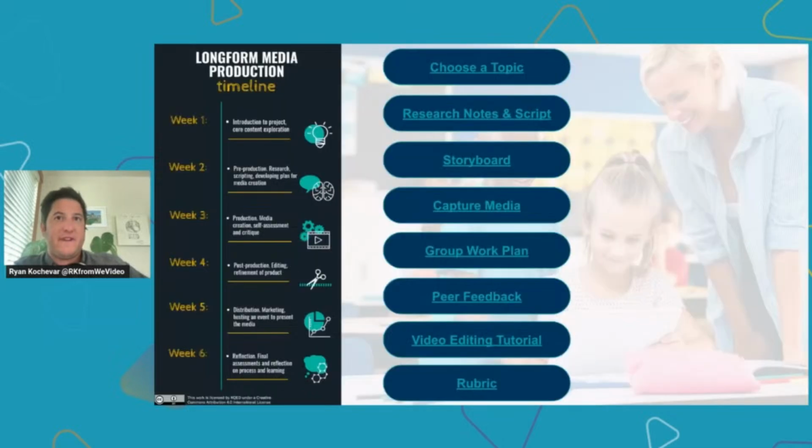And what we've provided for you here is a template for long-term or long-form media production. A lot of the projects that you saw in the examples that I've been sharing so far have been one to two day, maybe week-long projects that vary in levels of complexity. But if you're looking for a way to implement a longer form media project,